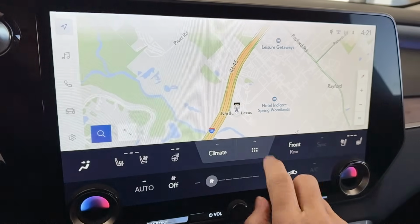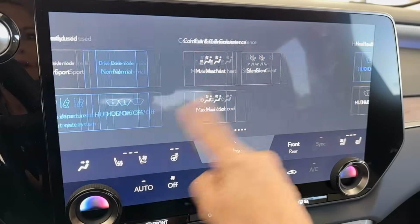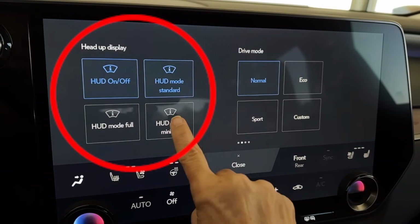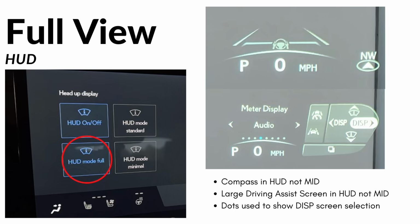Click on the Menu tab that looks like an ice cube tray. That's going to open your shortcut screen. Then swipe to get to the head-up display selections. There are 3 different HUD view options: minimal, standard, and full. Let's take a look at the full view first and how that shows not only in the head-up display, but